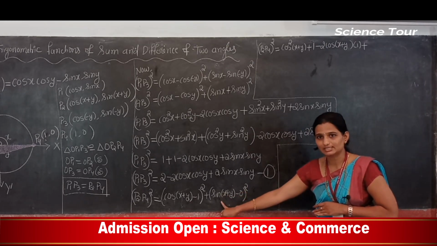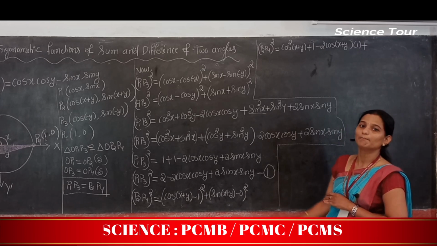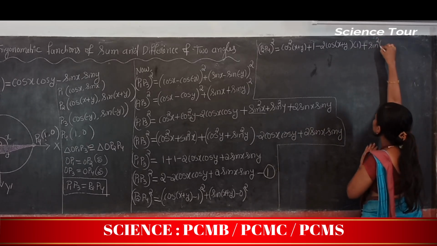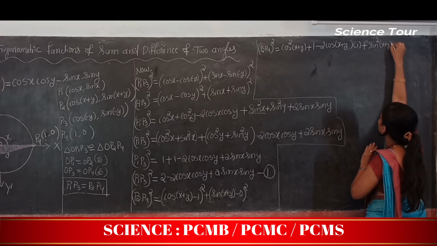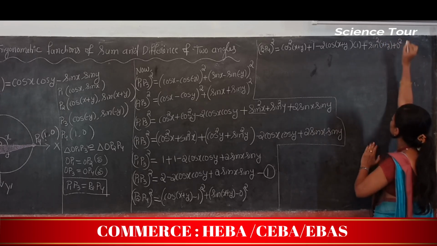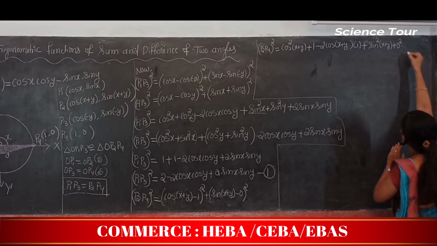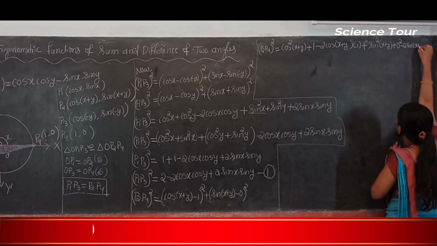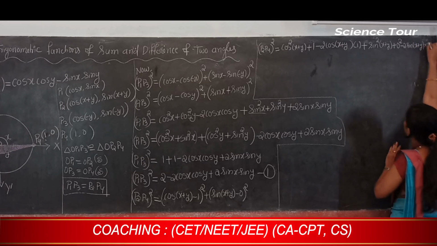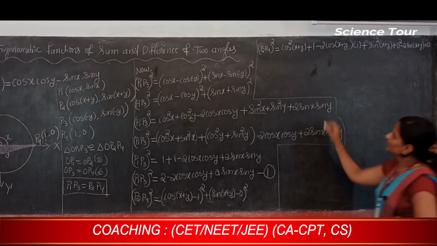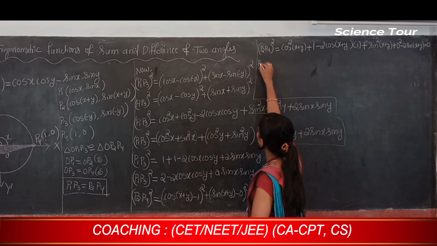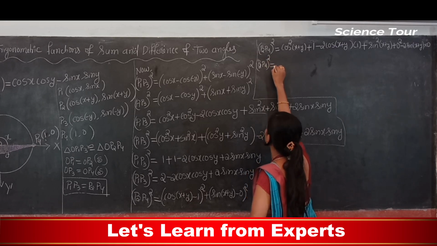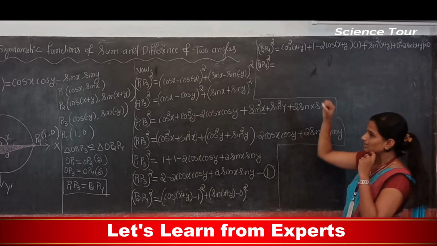So it is a square plus b square minus 2ab. So a square is sin square (x plus y) plus b square is 0 square minus 2 into a is sin (x plus y), b is 0. Now next it is P2 P4 whole square is equal to, just once read this, then you will come to know the identity.